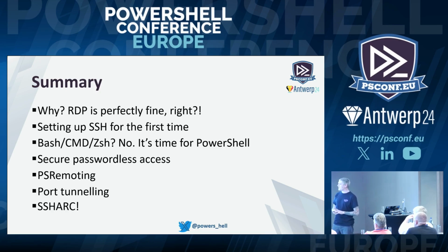But this essentially shuts down a conversation that's still in my demo code, where I recommend one of the first things you need to do is change the port number of SSH. One of the really fun things to do in a safe testing environment is to turn on SSH, open it up to the internet, and then go get a coffee or a cup of tea and watch the network traffic on that machine. It gets really noisy really quickly. So I used to say, just change the port number and that goes away. But there are actually better ways to do this now that we've got SSH over Arc.